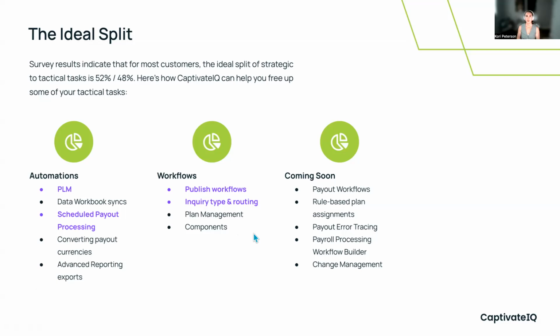These will still require some tactical or manual tasks, right? But they can help to put some of the processes that you already have in place in more of an automated fashion. So I think one of you had mentioned that you're very excited for inquiry types.